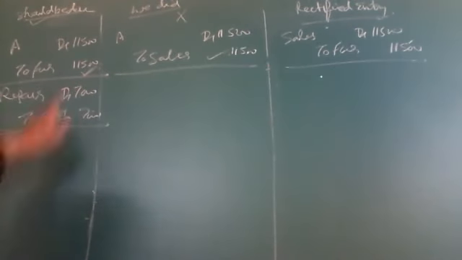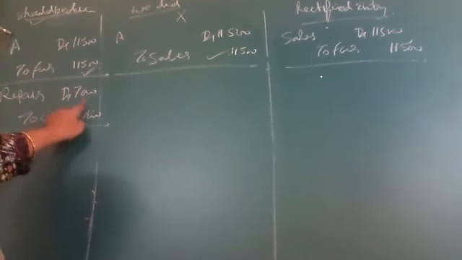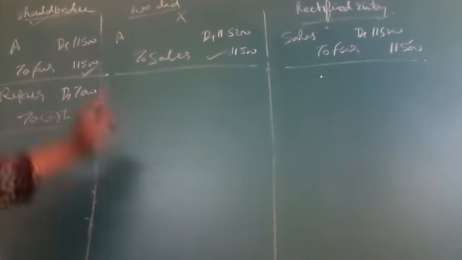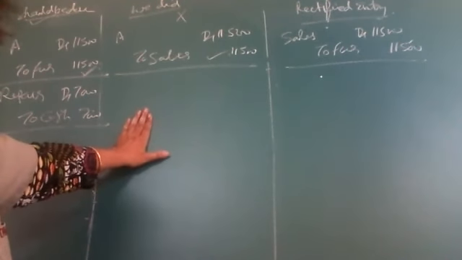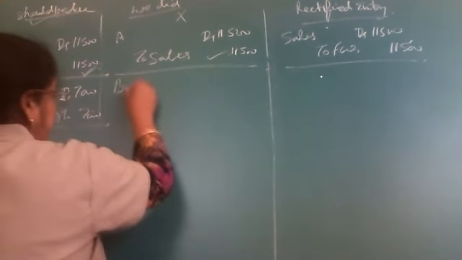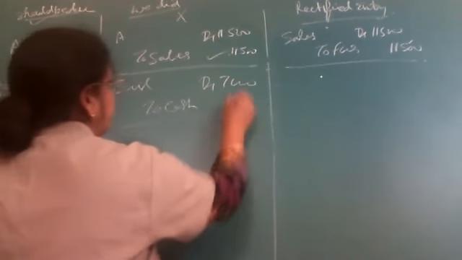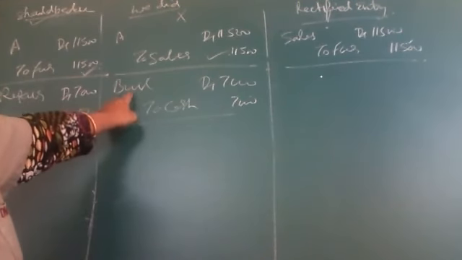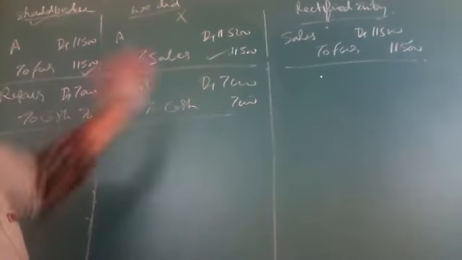Repairs debit to cash. Repairs is given, nothing is given about cash. Whether you write it or not, no matter. But it is important that we write repairs account debit 7,000. Now, what is the wrong part? The wrong part is that it was recorded as building account, the asset name. It was recorded as if the building is increasing, as if we are purchasing a new building. Asset increase will be in debit. It was recorded like that.